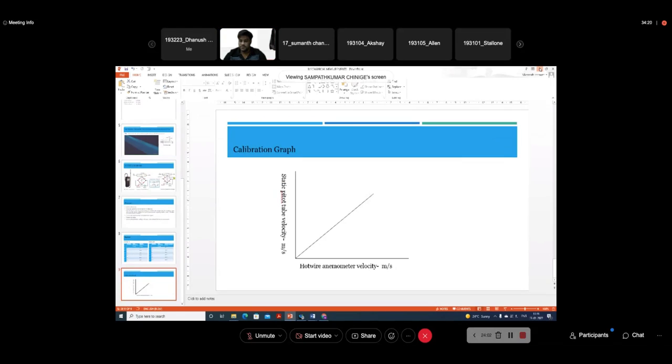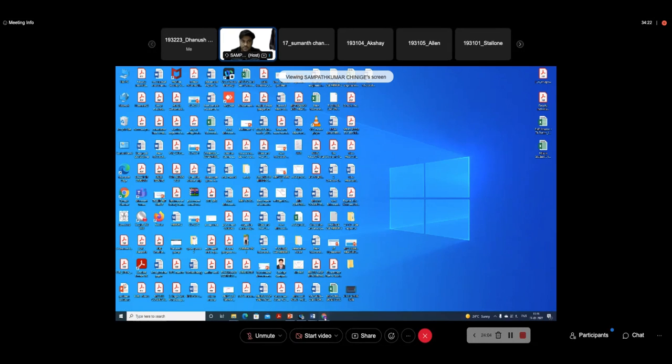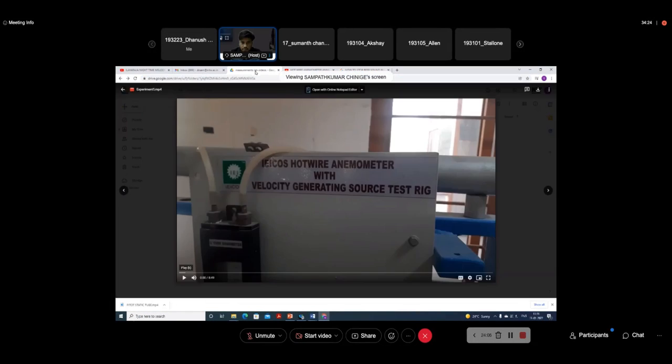Okay, so now we will have a look at the particular experimental setup that we have in our college. Okay, what we are actually looking at, that we will see today. All right,